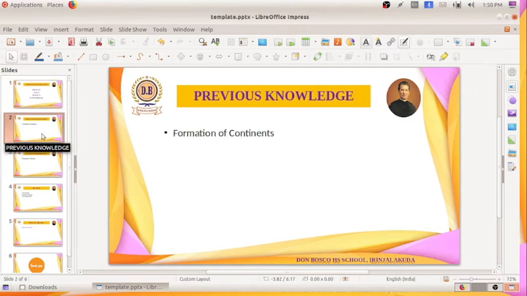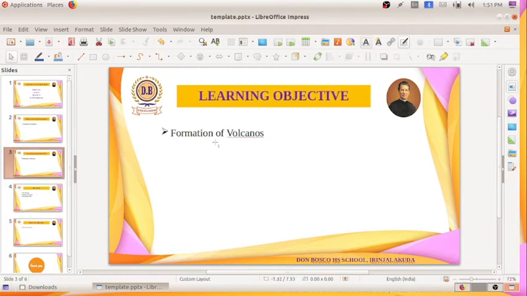We have started our 5th chapter, and the chapter name is Practical Lab in Computers, and in that chapter we are mainly discussing the formation of continents and continental drift. For that we have studied a new software, the Gplates software, and we studied how to open it: Application, Education, Gplates. We have done the first activity, formation of continents. So today we will be doing another activity, formation of volcanoes.